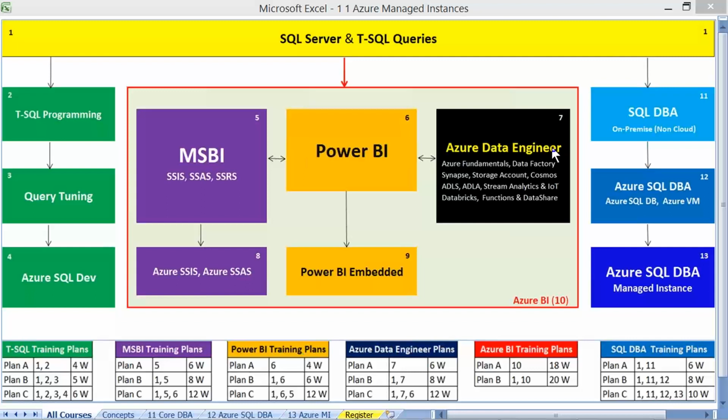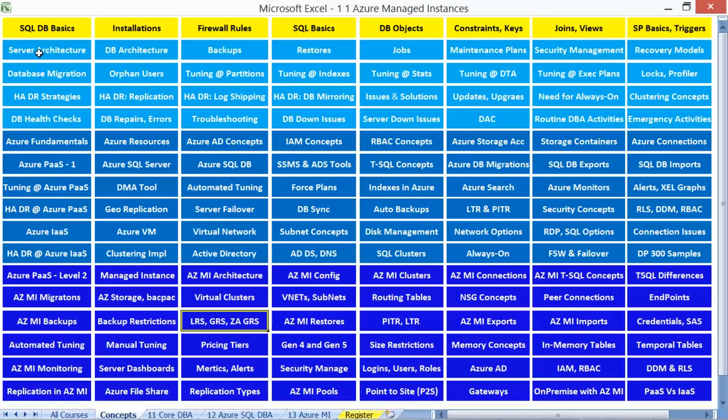And box 11 includes on-premise or core DBA activities, like right from the architecture to backups, restore jobs, maintenance plans, security management and recovery models, migrations, orphan users.